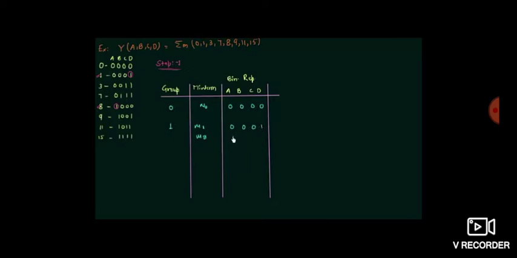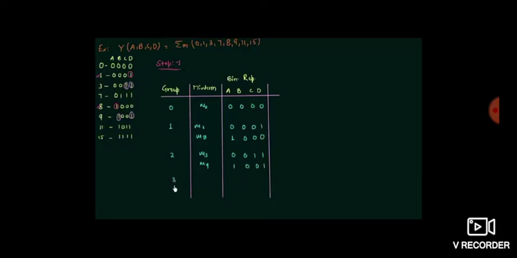So we are writing m1 and m8: 0001 1000. Next, in group 2, two ones are there. We have observed in minterm 3 we have two 1s, and again 9 has two ones, remaining all are three 1s. So we are writing 3 and 8 in one position. Group number 2, we are writing m3, m9. So we are representing the binary 0011, 1001.